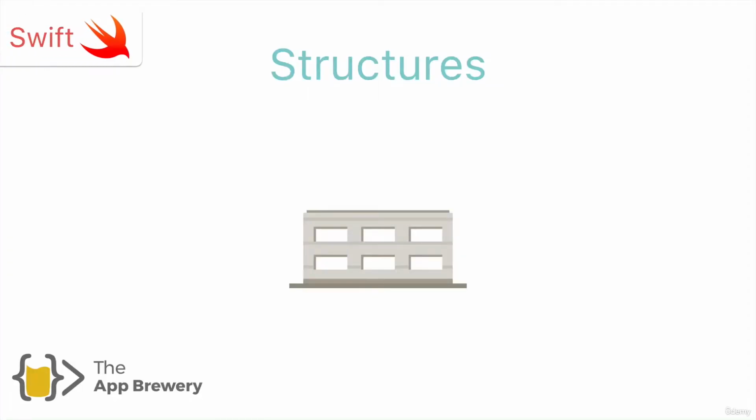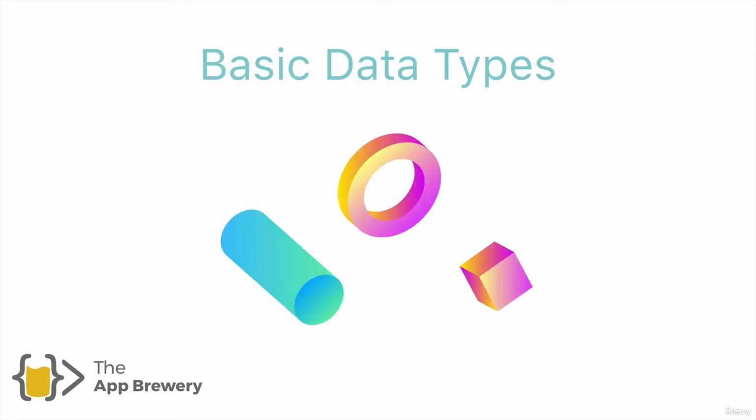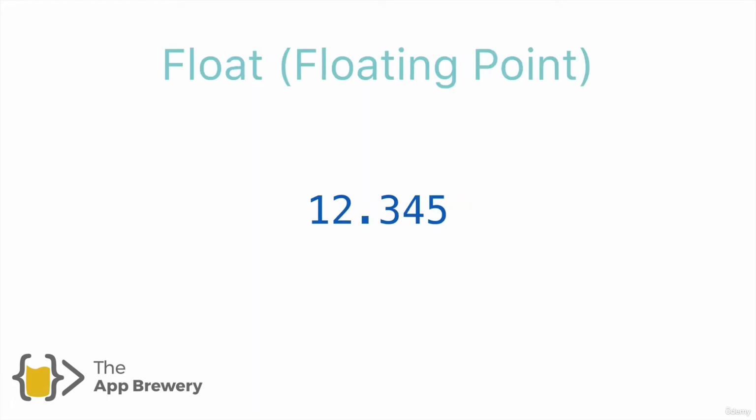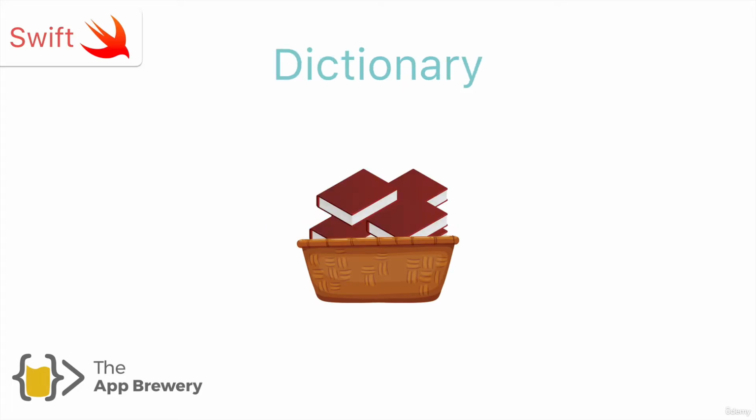Hey guys, welcome to yet another Swift deep dive. And in this deep dive, we're going to talk about structures. Now, structures help us create custom data types. So whereas previously we saw that there were loads of basic data types that come pre-built along with Swift, for example, strings, ints, floats, doubles, booleans, arrays, and dictionaries, you name it. There's a whole lot of different pre-built data types.